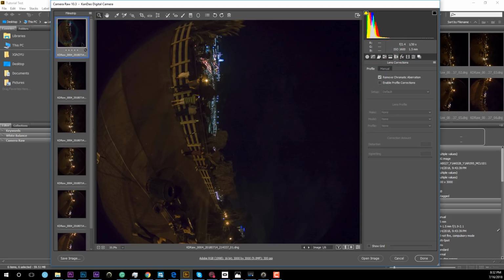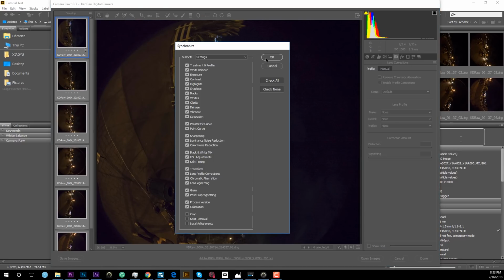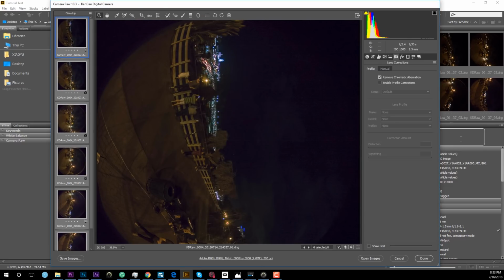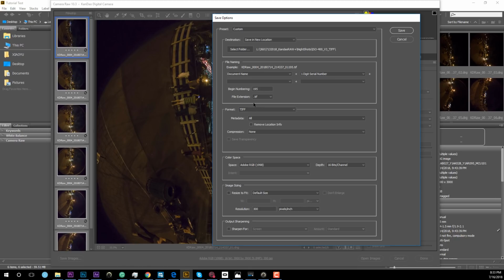And then you select all the images right here, sync the settings and hit OK. So now all the settings are synced. Again, make sure you select all the images and save the images. I like to save the images as TIFF so I can bring them back to any other stitching software like